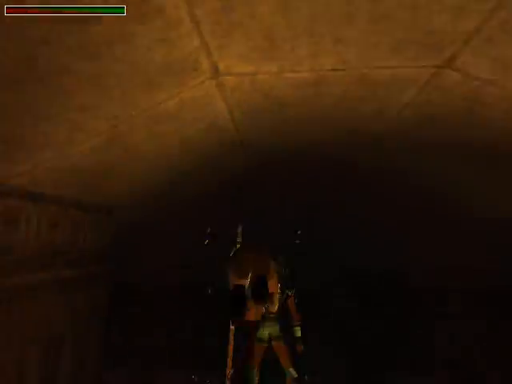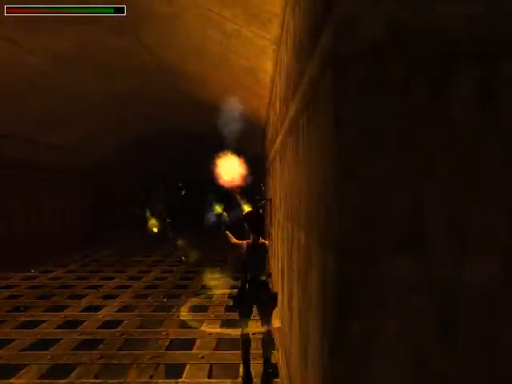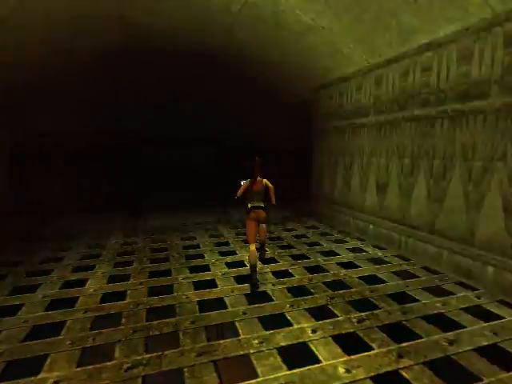Shoot, Lara, use the uzis. They seem to be ineffective, because I know these guys are tough and everything, but this thing chips away. There we are. We're above the fire room there, so what we came in here for was...